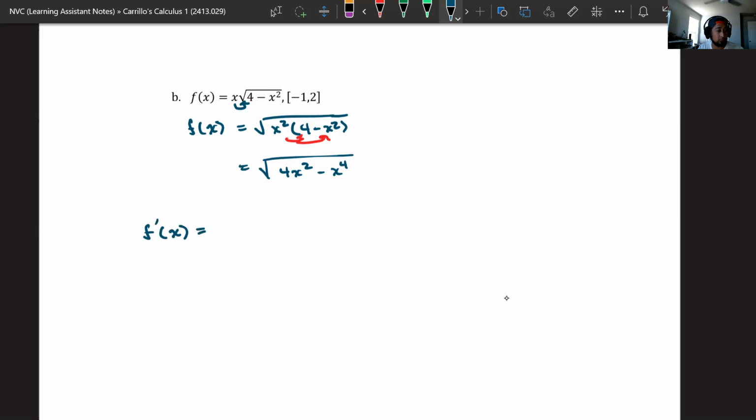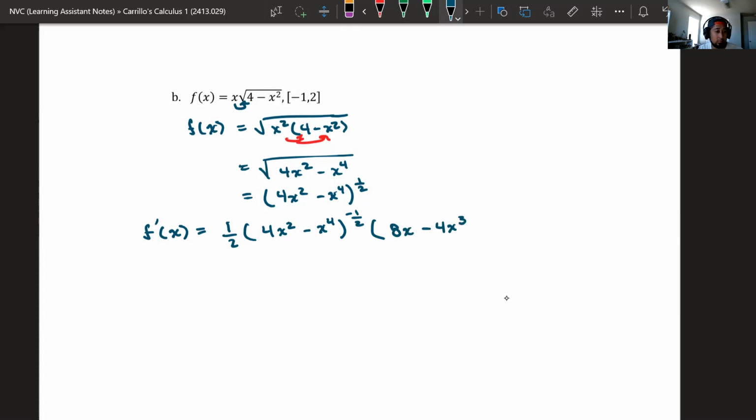So now finding f prime of x using chain rule. Well, remember that this square root is the same as the 1/2 power. So applying power rule to that 1/2, we'll have 1/2 times that. So again, brought down the exponent, kept the inside function the same, subtracted 1 from the exponent. Now I multiply that by the derivative of the inside function. The inside function is just 4x squared minus x to the 4th. So that derivative will be 8x